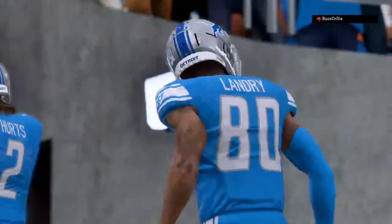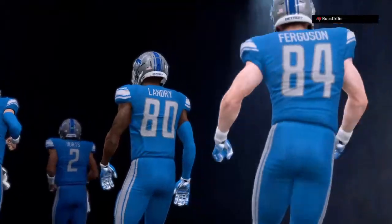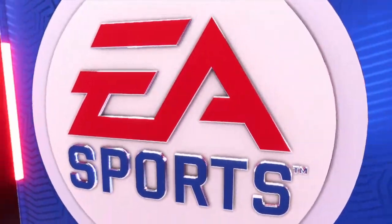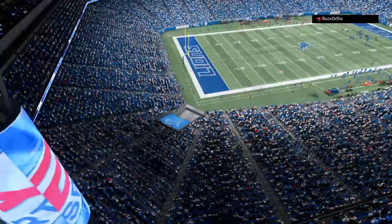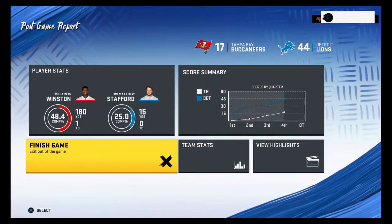So for Detroit, they keep on rolling 10-0 now to start the year. And they'll get to stay home again next week. Meanwhile, for Tampa Bay, it's a bit of a setback as they drop to 6-4 now. And they'll get a chance to redeem themselves at home